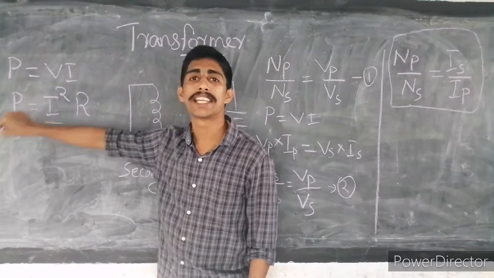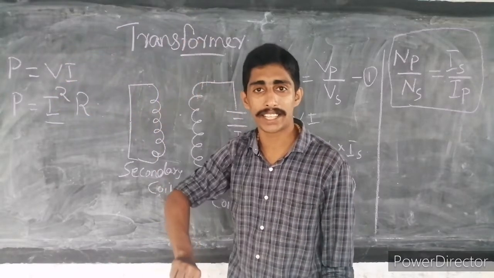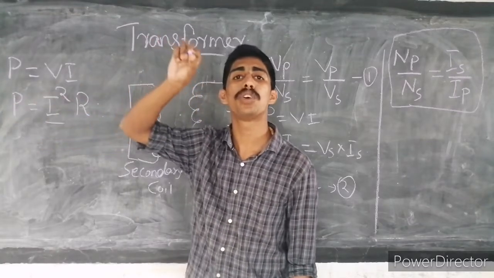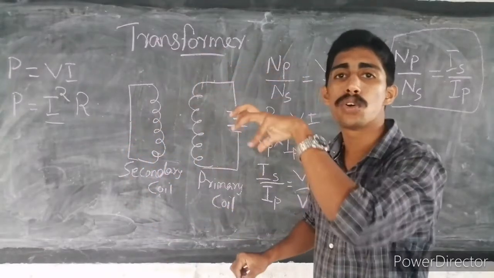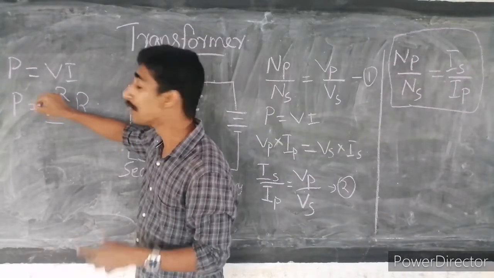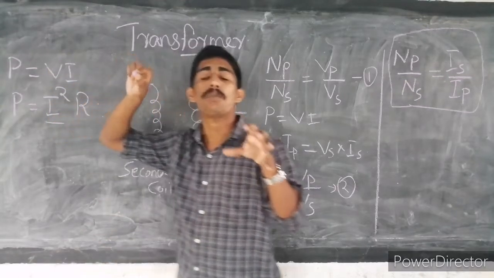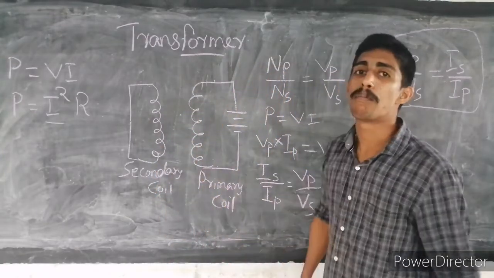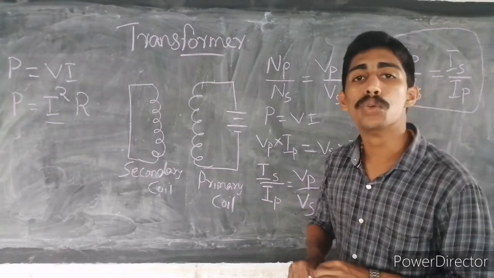Decrease the electric current. Look at the equation. If we decrease the electric current, then power will also decrease. When we decrease the electric current, power also decreases. Then if the electric current decreases, why? If the electric current decreases, the potential difference increases. So if we decrease the electric current, we can reduce the power loss. So only this phenomenon we are using.